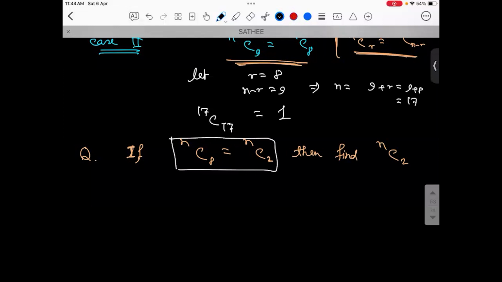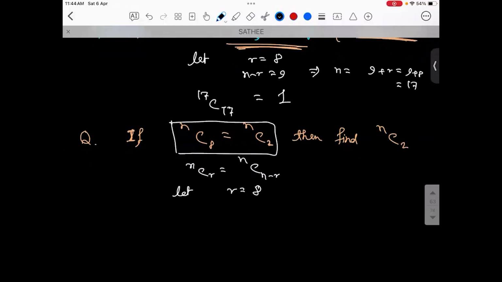We know that NCR is equal to NC(n minus R). So let's assume R equals 8. One can take R equals 2 and you will get the same answer. This implies n equals 2 plus R, which is equal to 10. So obviously n equals 10. So this implies